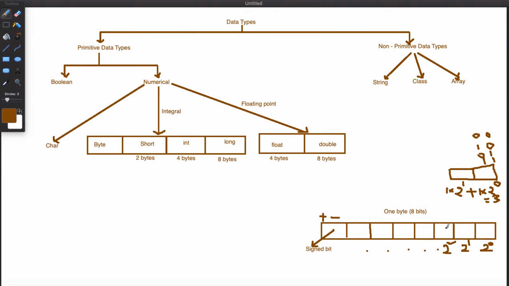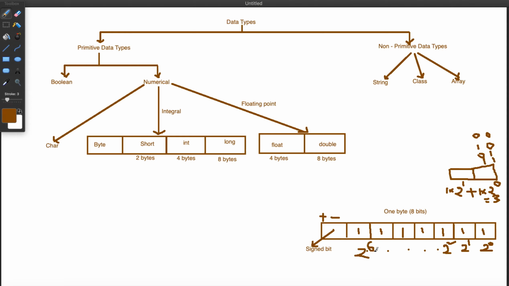Now in this particular 1 byte, out of 8 bits, after removing the signed bit, you have 7 bits with you. Now you are going to find out the range, what is the max value and the minimum value that we can store in a byte. As we have seen, assume you are placing all ones, that is the maximum. It follows 2 power 0, 2 power 1, 2 square, and so on, up to 2 power 6.